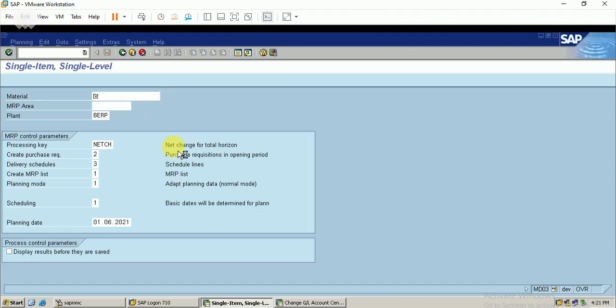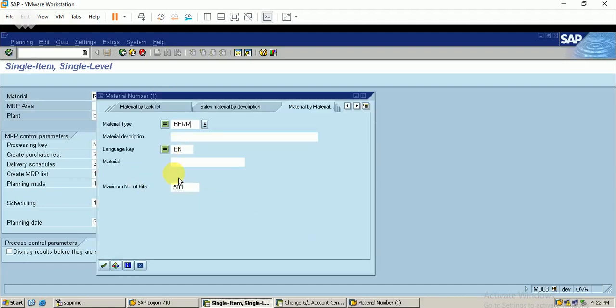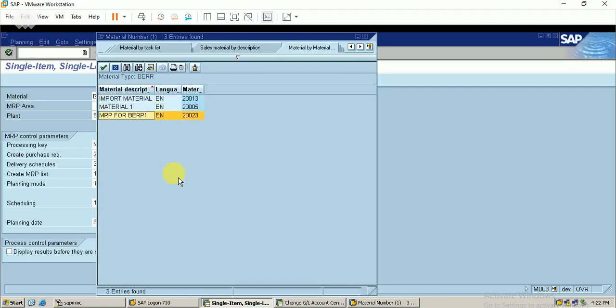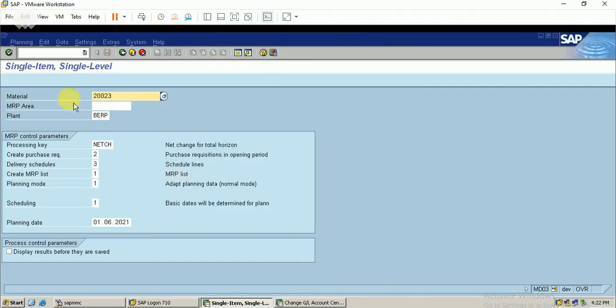Just go on with the material. I'm planning for this material in my plant BERP. So that is the meaning of single item, single level. I'm planning for this material in this plant only and not in any other plant.